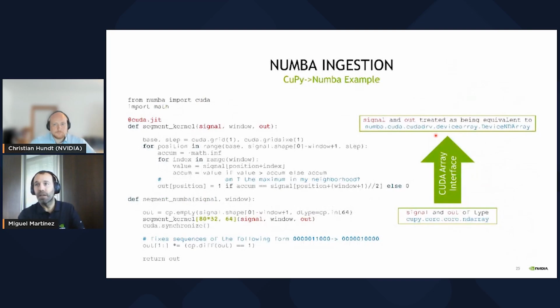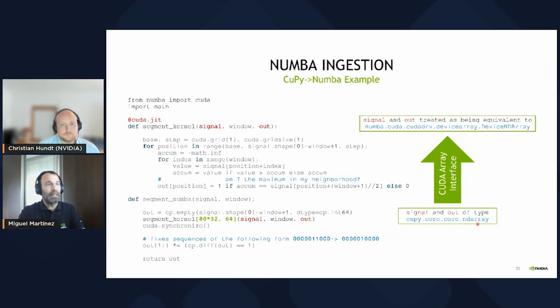How does it work? I'm finishing almost there. Imagine we have some Python code. This is Numba. Numba lets you decorate some Python code, and it will convert this Python code into CUDA code that will run on NVIDIA GPUs in a just-in-time manner. And then we have another function here. This function is dealing with a CuPy array in the arrays, and we are using it as input values for the next functionality.